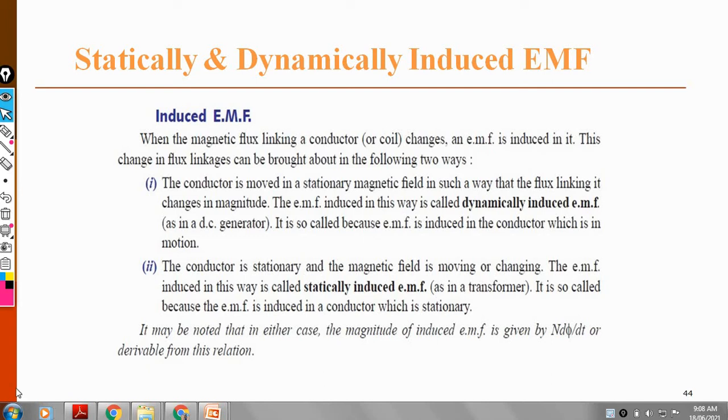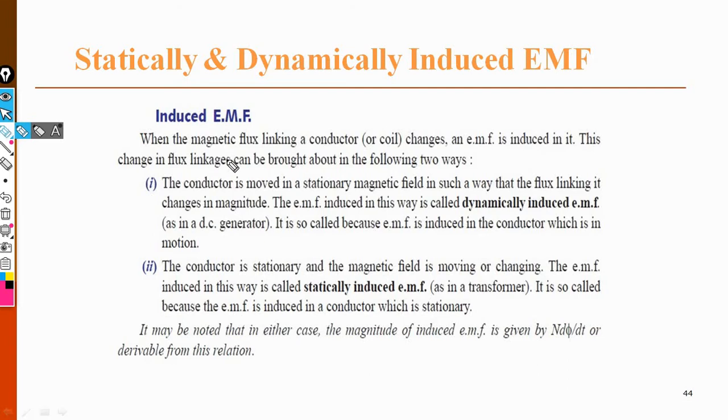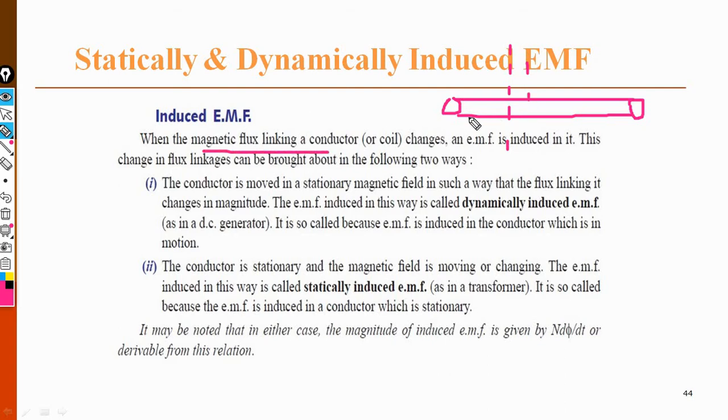This EMF will be generated with the help of magnetic flux. For example, this is the conductor, in which we have to move magnetic flux. Then this magnetic flux links with the conductor, and at that instant electromotive force will be generated on the conductor, that is